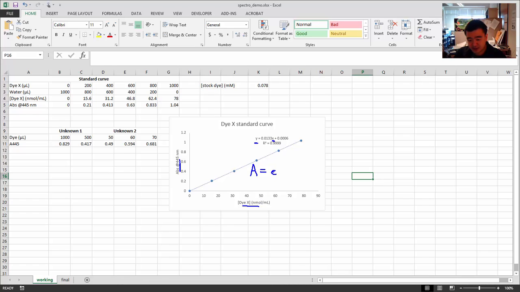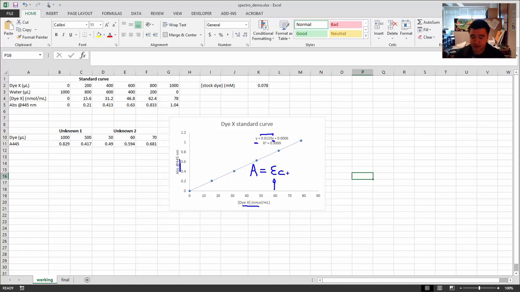Well, let's call this a different thing. Let's just put in a filler constant over there, epsilon, okay? And for this x, it is the concentration, which is abbreviated as C. So what you see here is basically the beginnings of the Beer-Lambert law. You have A equals EC, and this E, the epsilon, is a constant, which is, in this case,